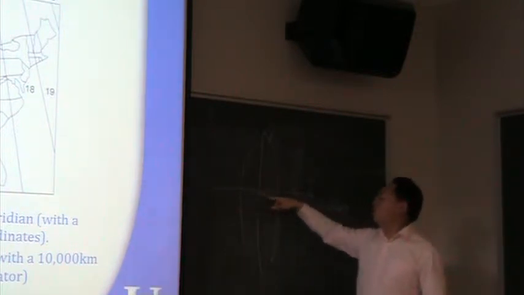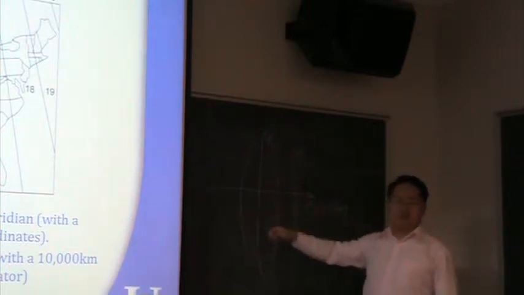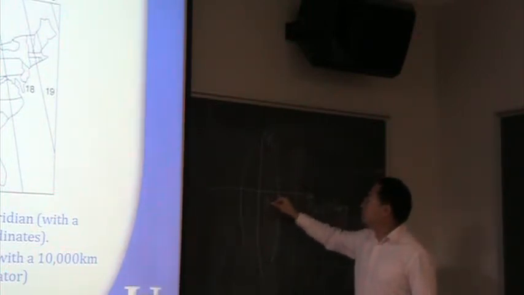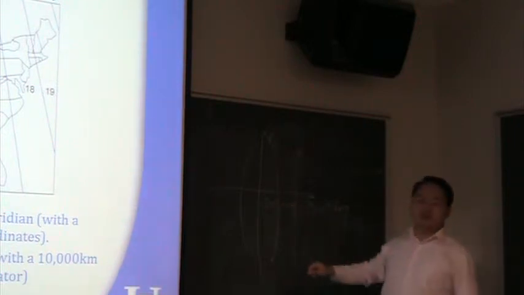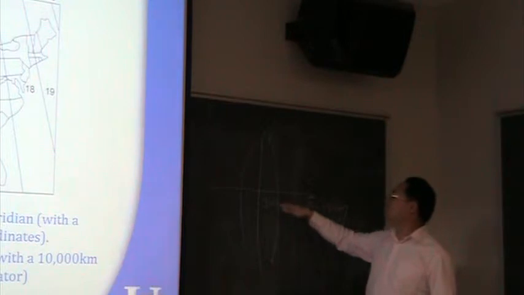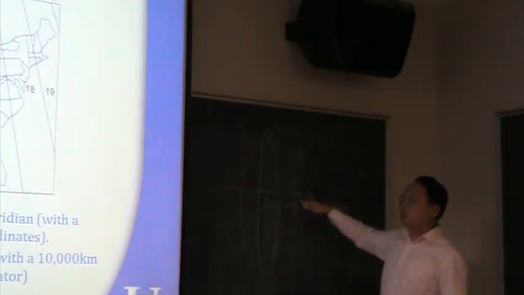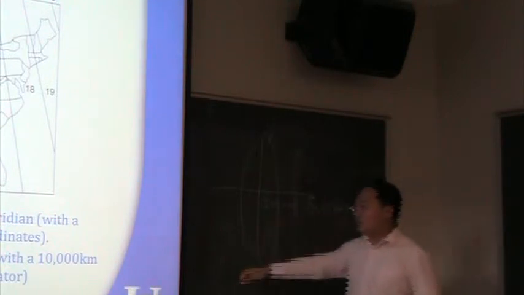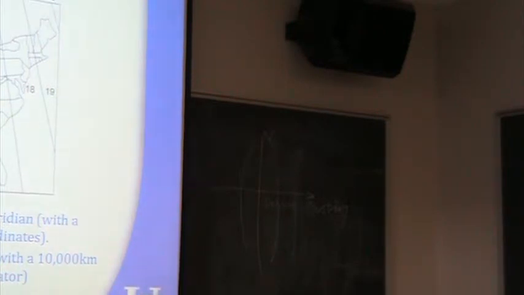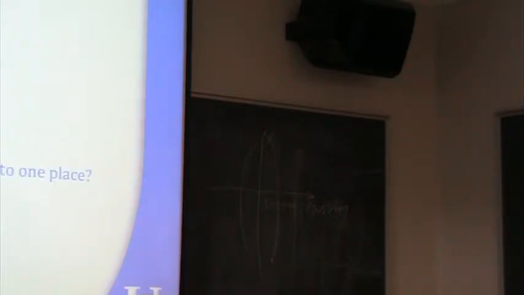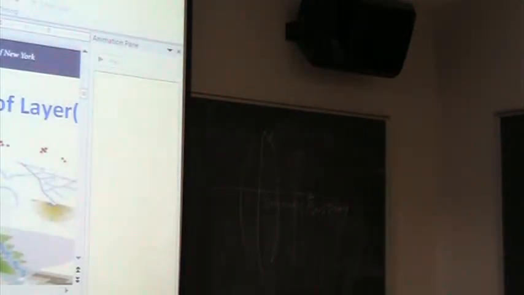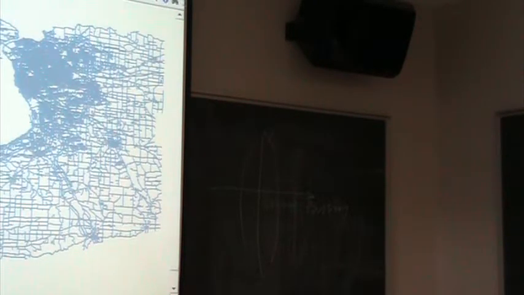In order to make all the x coordinates positive, we set this as 500,000 meters. Okay, we add 500,000 meters to this x-axis. And if we talk about the south part of the equator, we also add 10,000 kilometers to make it positive. Okay? Now, the reason that we didn't see these overlapping is because in this layer we accidentally lost